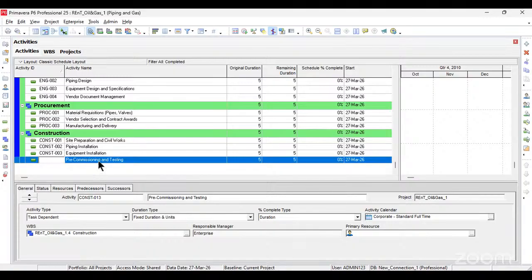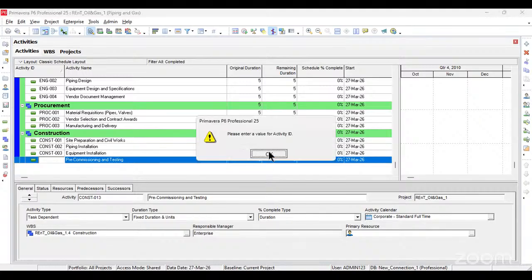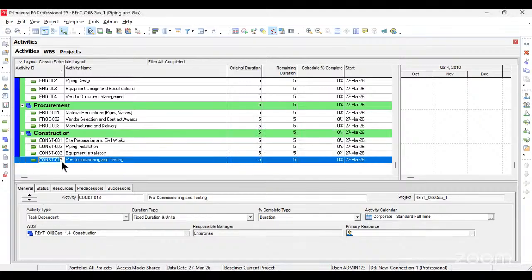Okay, we have pre-commissioning and testing. And we have one other part, which is the commissioning itself,